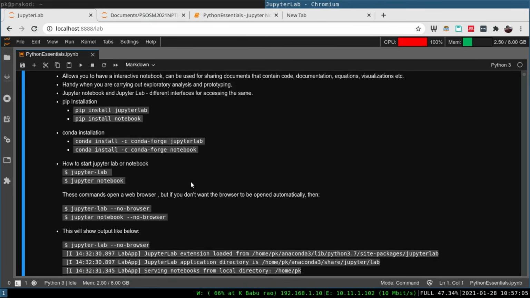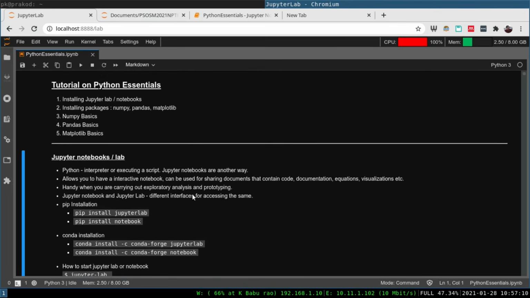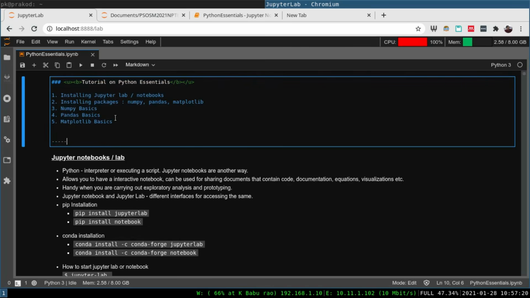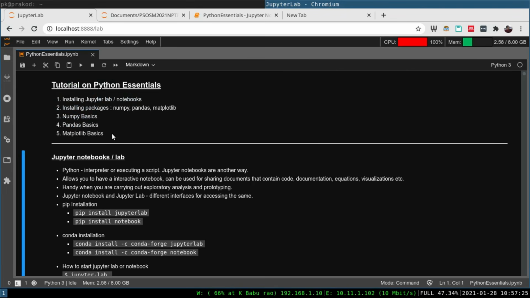The fundamental units in this are cells, right? So for example, this is a cell where I have written markdown script for this text, and I just press enter, and it renders that, right? So you can make a cell a markdown, or you can make a cell a code cell, or anything. In Jupyter Lab, you can actually open any text files or any CSV files that you might have, and it will open just another tab, right?